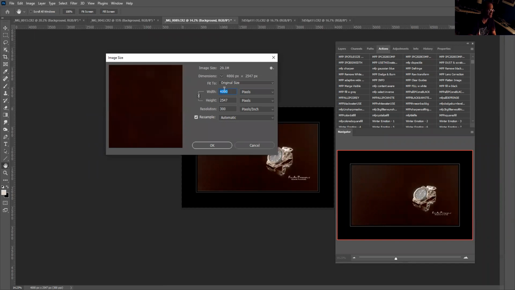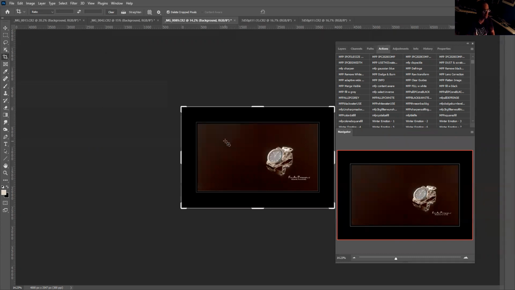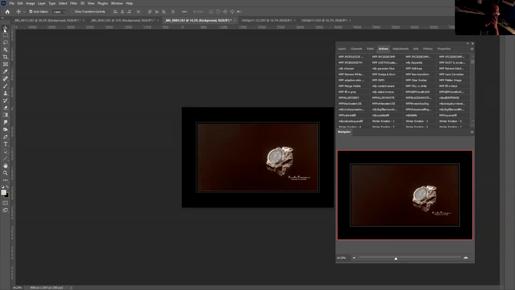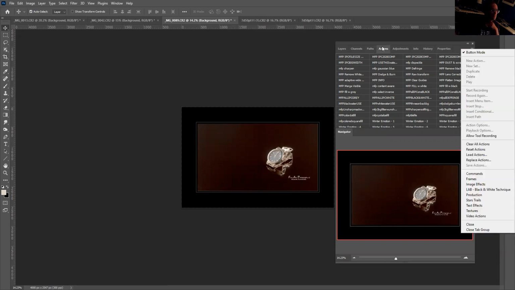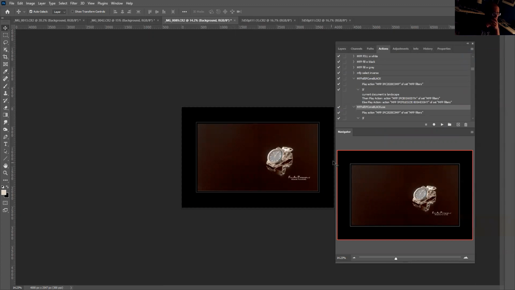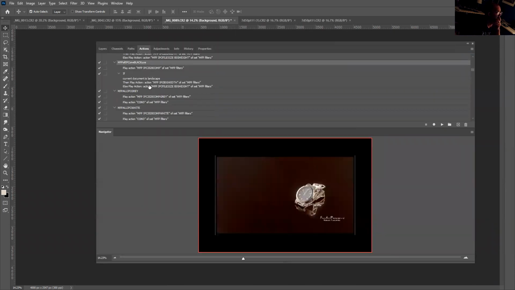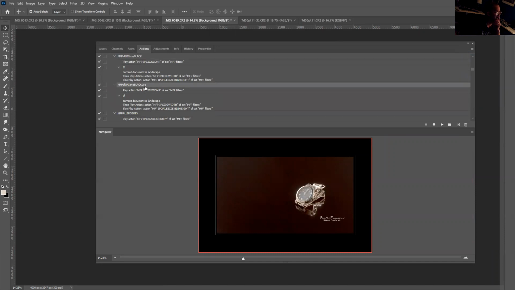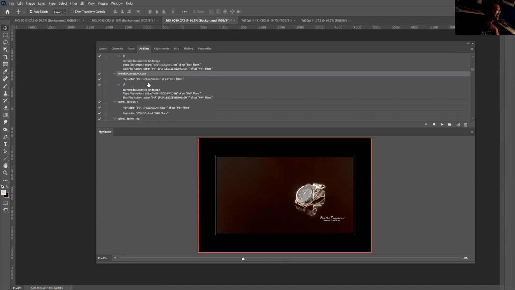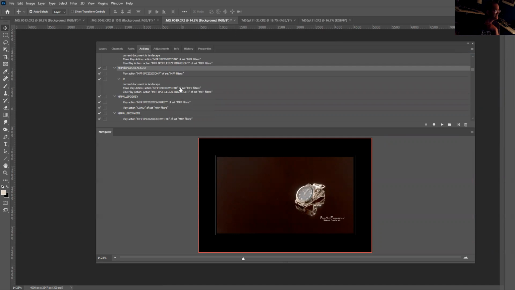It's set to 300. The longest side, which is the width, is set to 4,000. This is the action. It calls action. There's a condition: the landscape, and then if it's non-landscape,